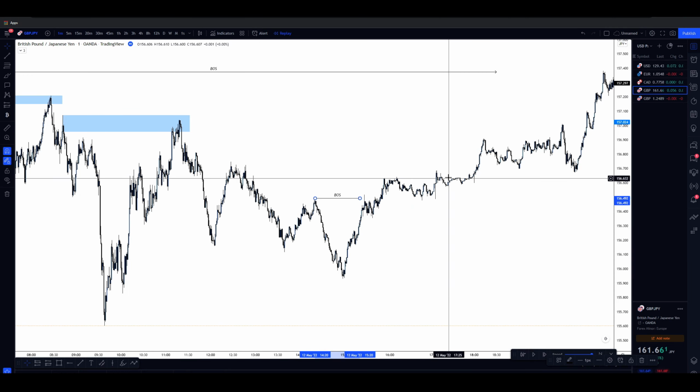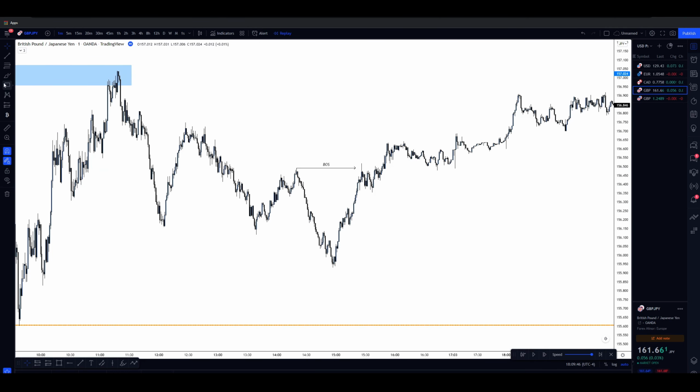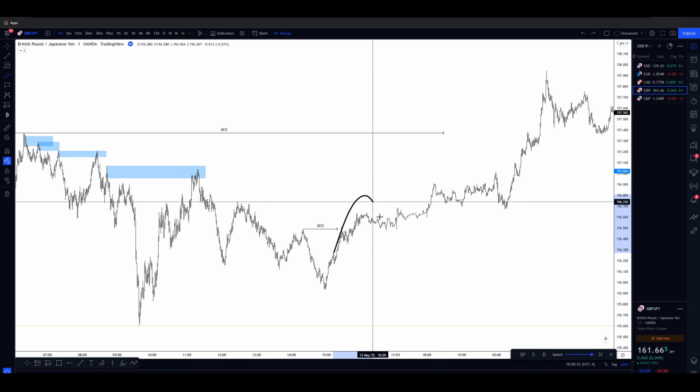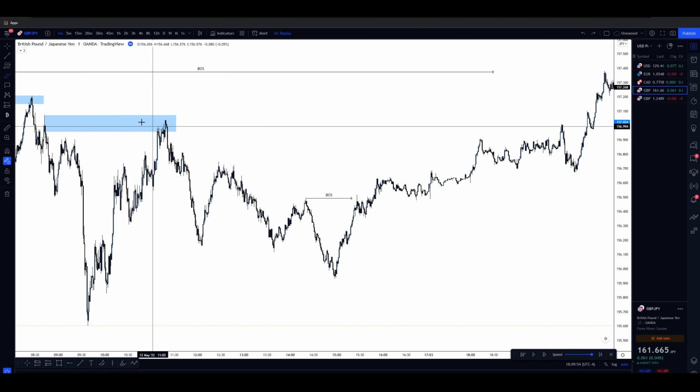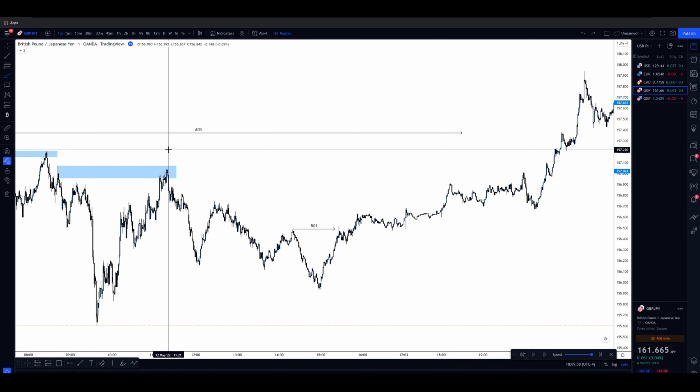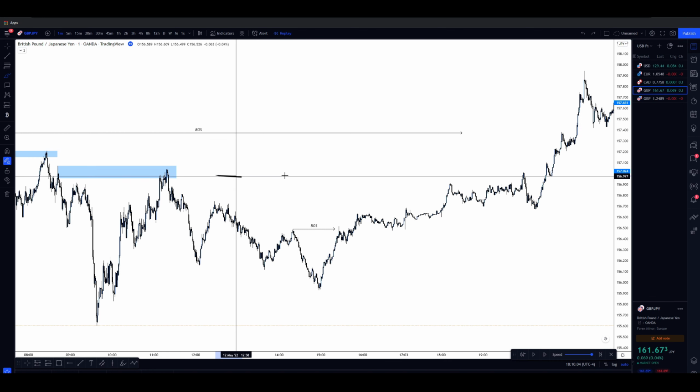So therefore, once you've seen that happen, once you've seen that micro structure is broken and we're no longer looking to sell, and that the market may be in a buy side conditional market now, every single supply zone that was once valid is now invalid, because demand has overtaken supply and supply does not have the momentum to actually overtake demand.